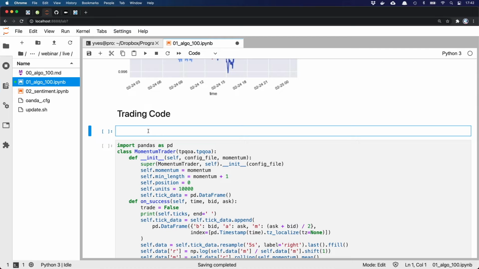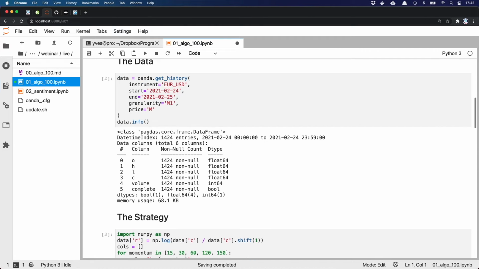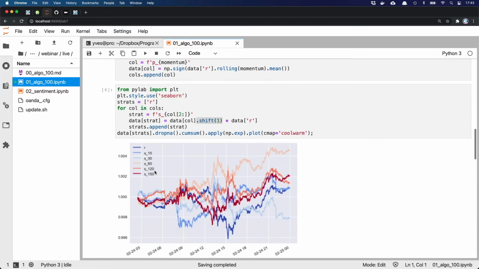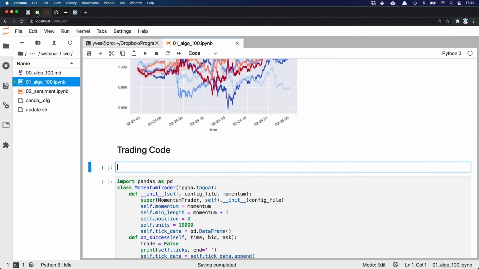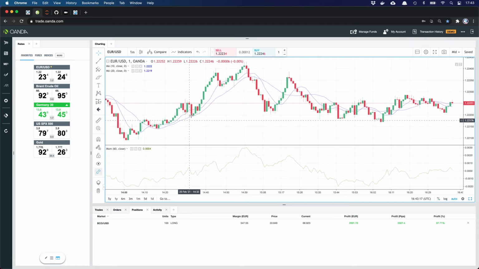So we have a few elements. We are connected here. We are connected to the Oanda API. So Oanda is our object, and this gives us historical data. But not only can we retrieve historical data here with the broker, we can also stream live data, and we can place orders. So speaking of streaming live data, I have the Oanda web app open here.